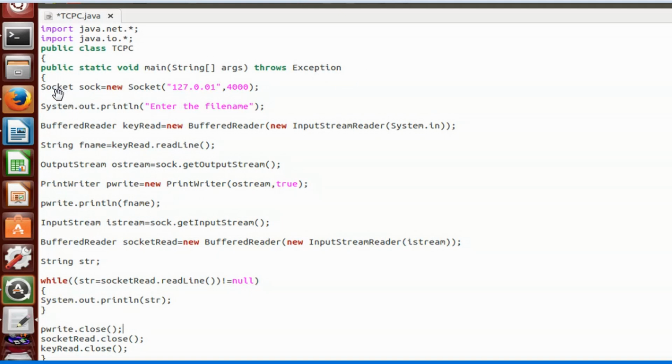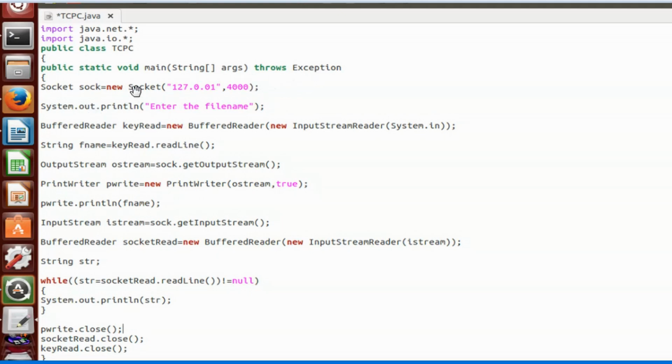Okay, next line. What am I doing here? Here I am creating the socket. The line is socket equals new Socket, and I am giving an IP address and then the port number. So here I am creating the client side of the TCP socket.